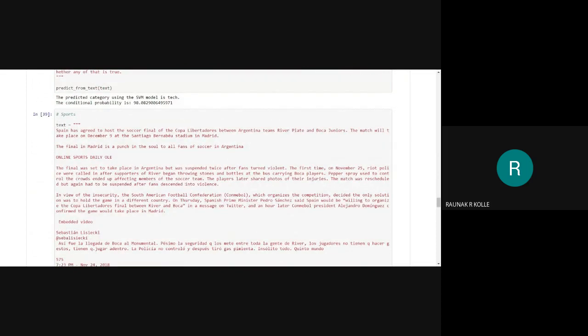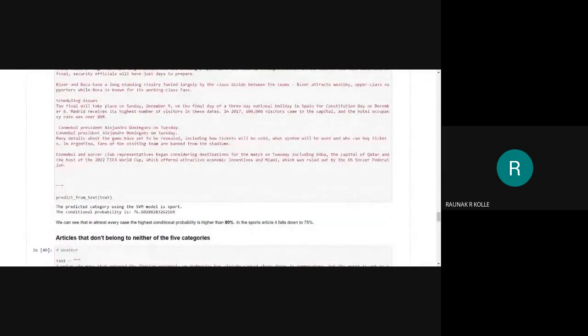We have an article under the sports category, which is predicted with an accuracy of 76.6%. We can see that in almost every case, the highest conditional probability is higher than 90%. In the sports article, it falls down to 75%.